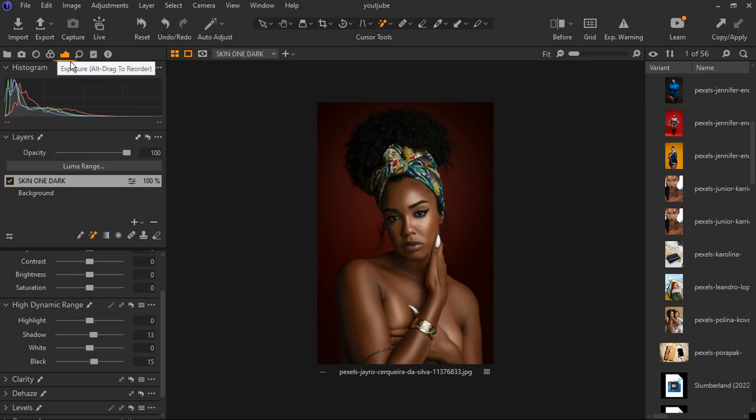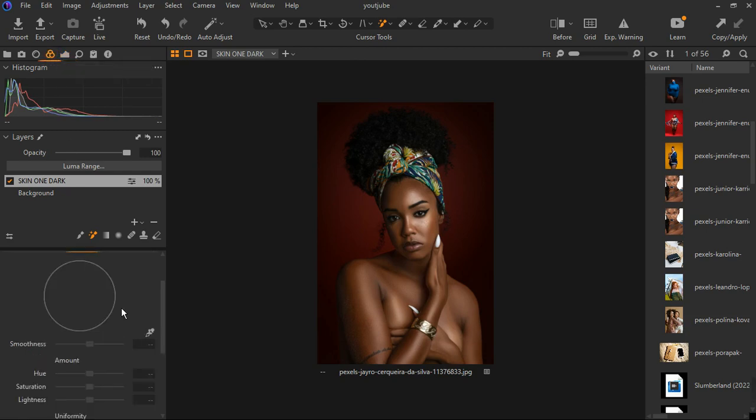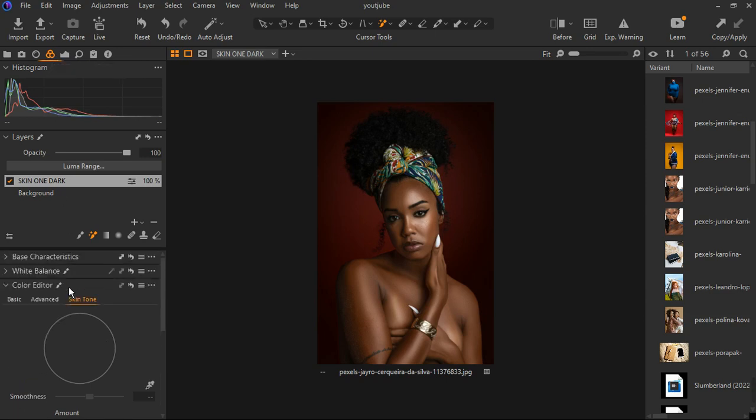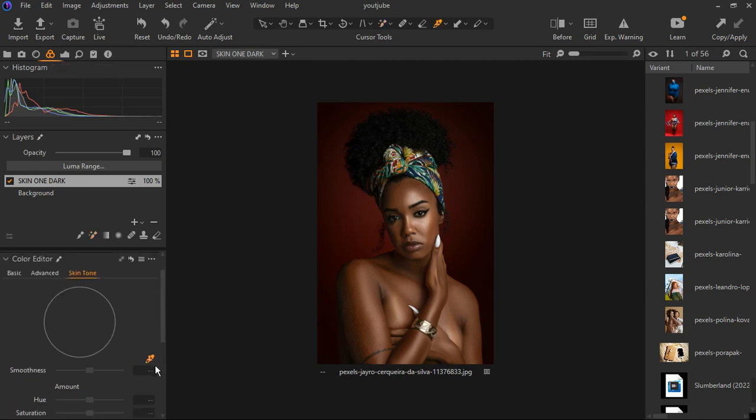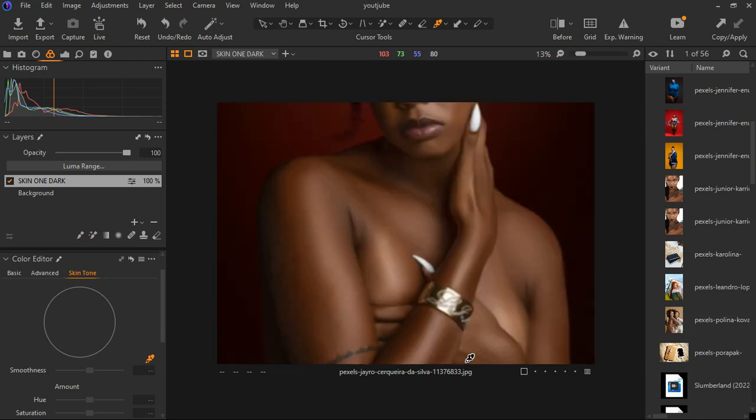Okay, so let's go back to the color editor, and you can get that on this one, color, and we'll go to color editor. Now we're going to pick the eyedropper tool and then select where we want the color to look like. In this case, I want it to look like this, so I'm going to drag it. Just click that place to sample it, left click,